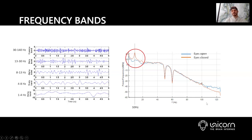You can see a frequency plot there, and the blue line is when the subject had the eyes open. So the frequency band looks a bit different compared to the frequency band when the subject closed the eyes. Then you see this 10 hertz peak rising. And that's something that you could use, for instance, within a BCI application, for instance in the hackathon, to control the BCI by putting the brain into two different states and looking for this peak in the 10 hertz